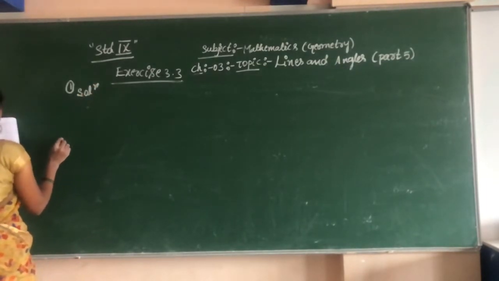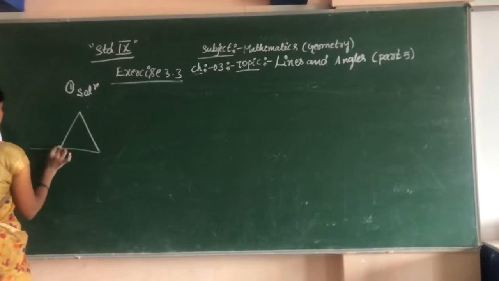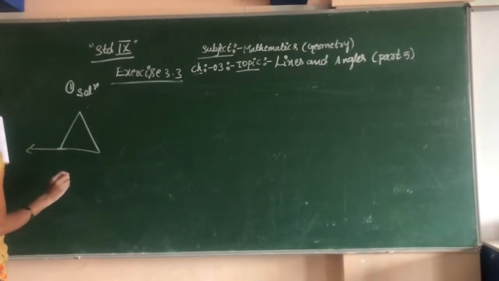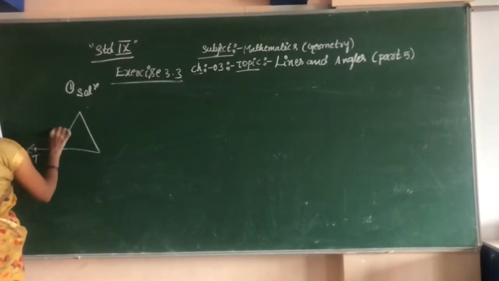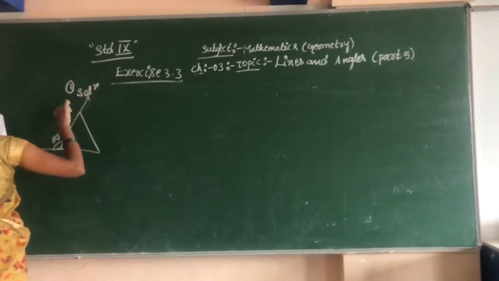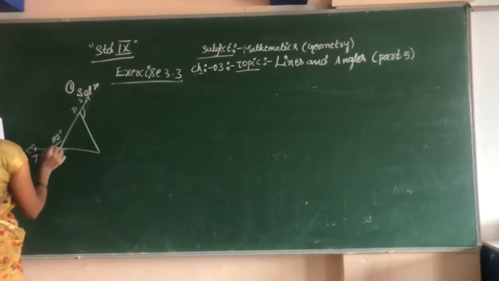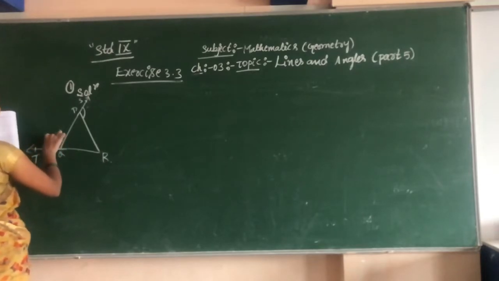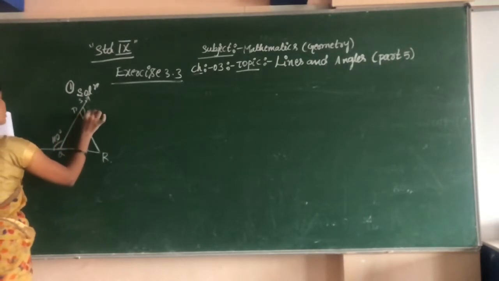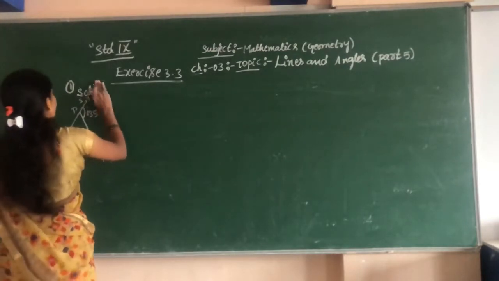So you should draw the figure in your master. In every question in geometry, the figure is there. T, this is 110 degree. This is produced. P, here, this is S. T, Q, R. Okay, this is 110 degree. This is 135 degree. Okay, children, so you should write down the solution.